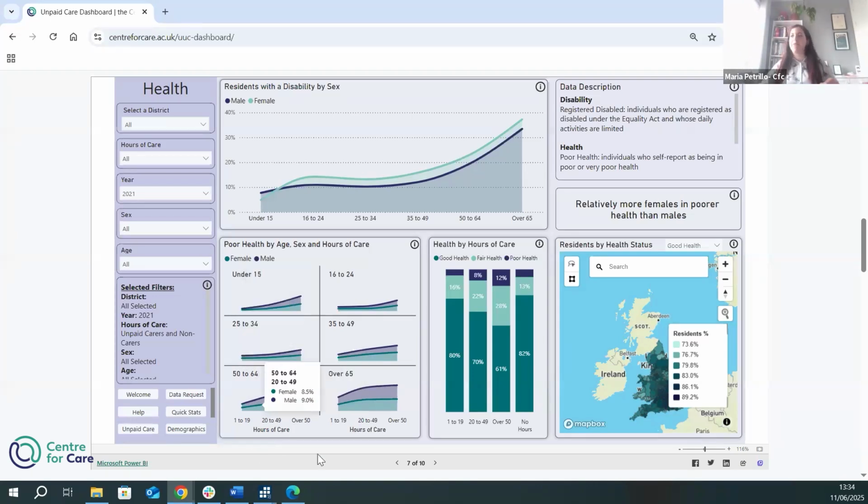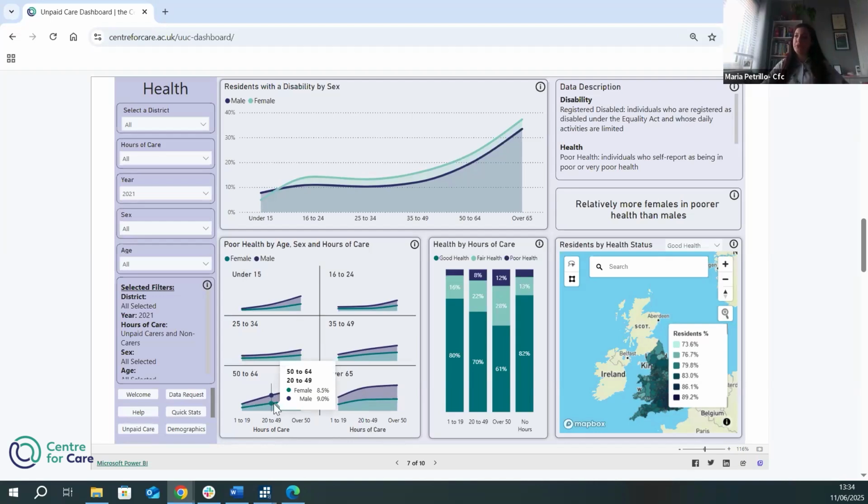So let's explore this graph, for example, 50 to 64. What you can see here for care provided for 1 to 19 hours per week is that of those carers, 3.7% of females report being in poor health versus 4.1% of males.